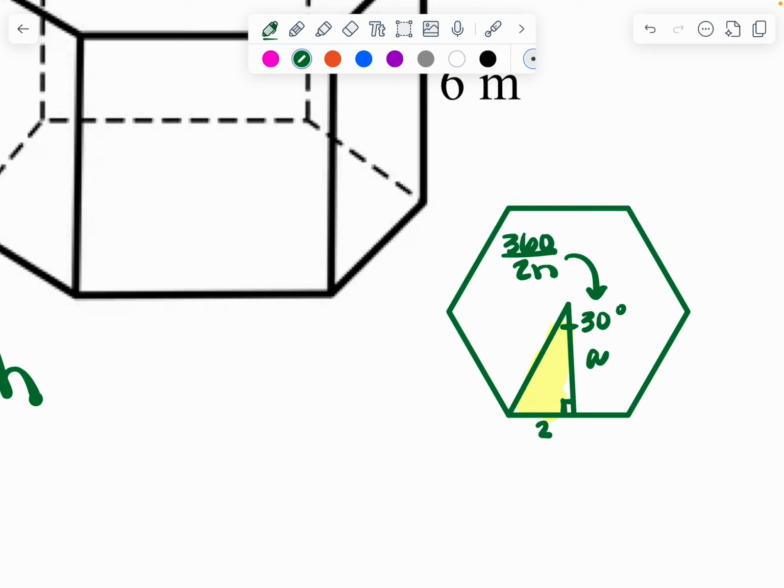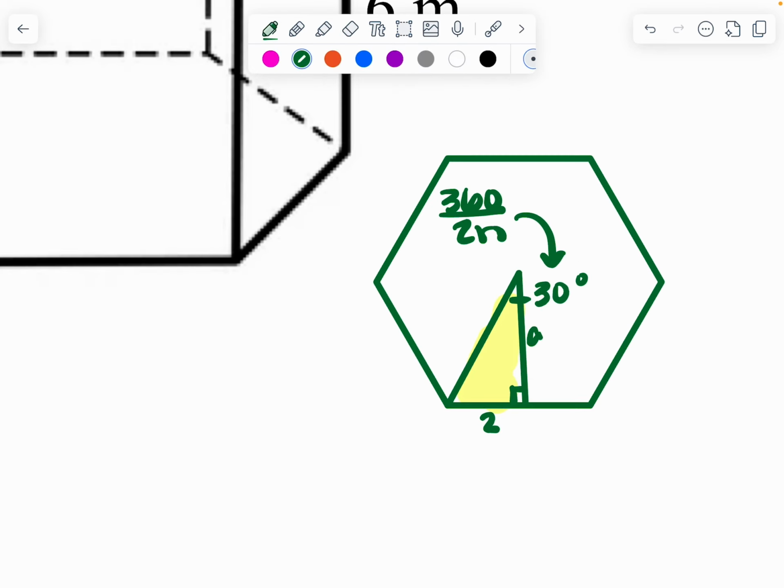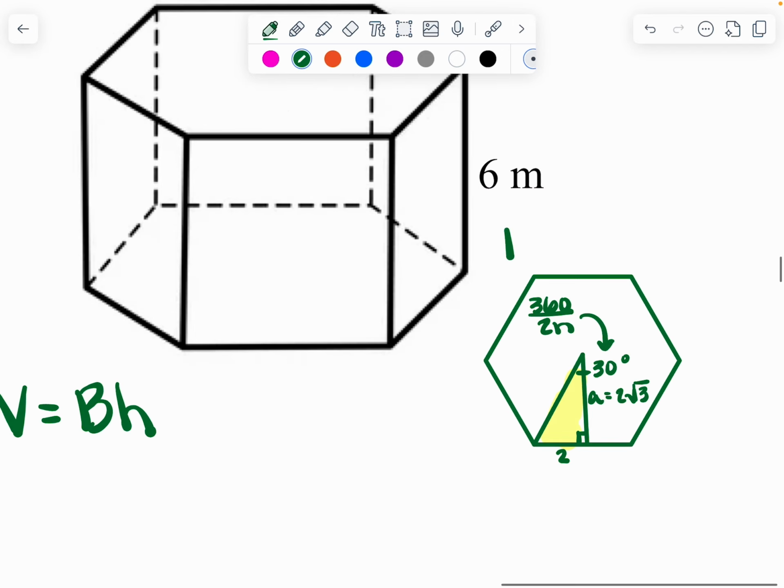And we also know that each edge of the hexagon is 4, and we know the apothem splits that in half, so that would be a 2 base, which clearly means, let me erase that so I can scooch that over a little bit, that our apothem is 2 root 3, right? Because the 2 is the short leg and the apothem is the long leg,